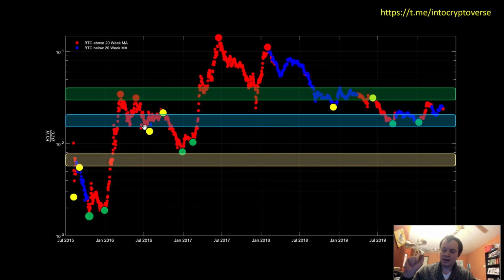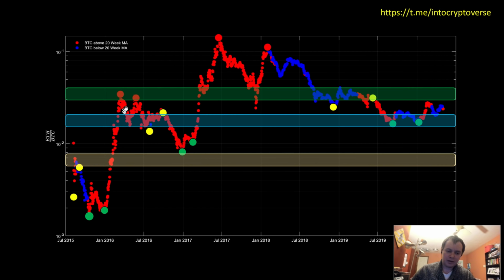But it is my opinion that the macro level trader, the person who is swing trading these momentum shifts in the market, those are the real winners. I think scalping is one thing, but the real winners are the ones who are squeezing out profits throughout each momentum shift in the market. And one of those, I think, is designated by the 20-week moving average. And we've talked extensively about that.